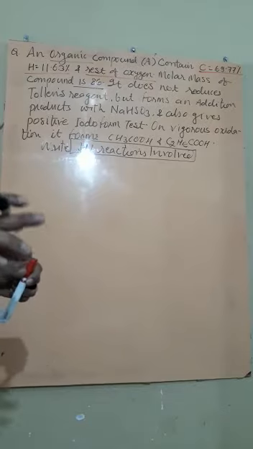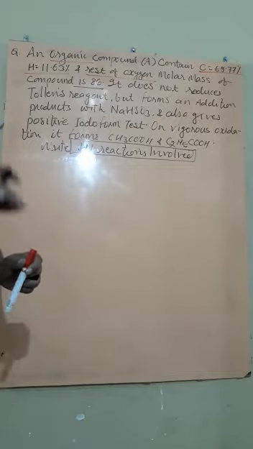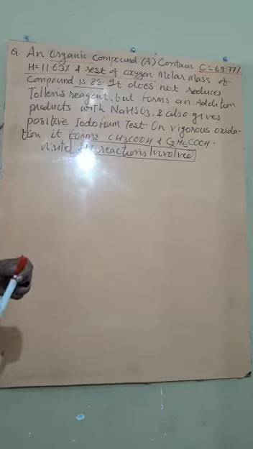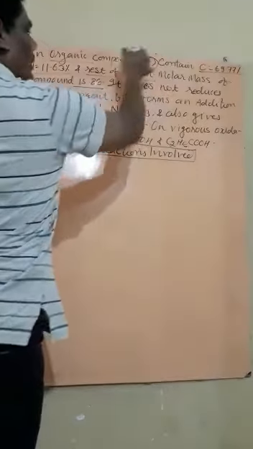This type of question we solved in 11th class, chapter 1: how to solve empirical formula and molecular formula questions. So you know that with the help of the percentage composition of the components and the molecular mass of the compound, we can find the molecular formula. When we get the molecular formula, that will become compound A, and then we have to find all the reactions involved for compound A with the help of the given hints.